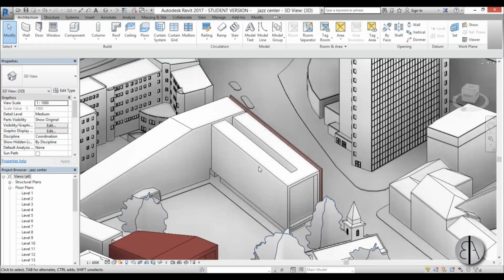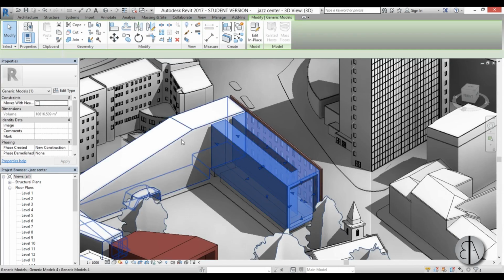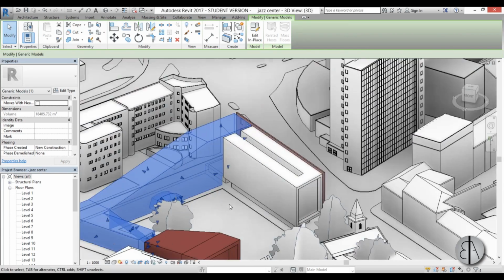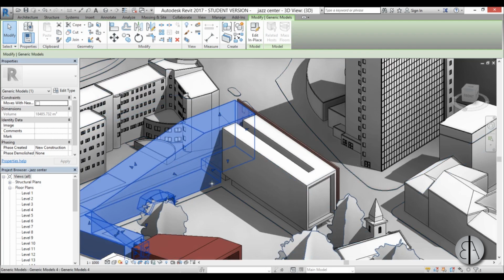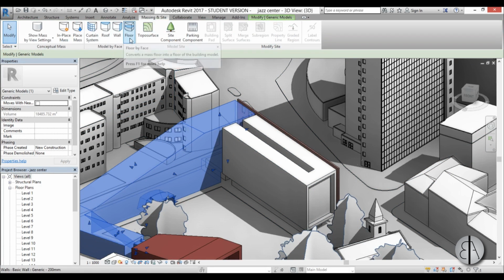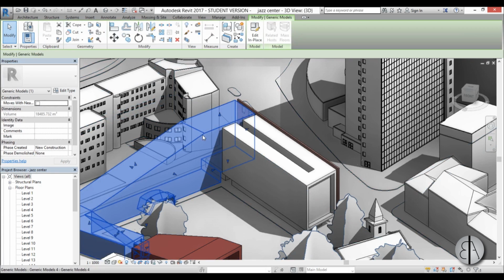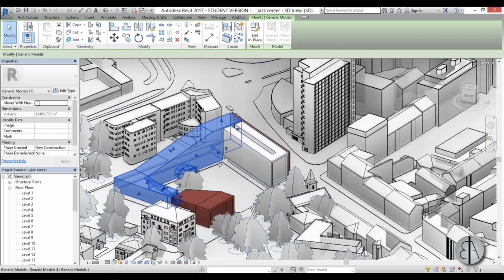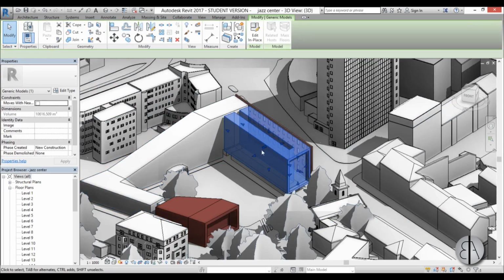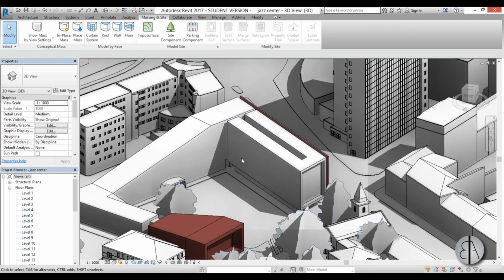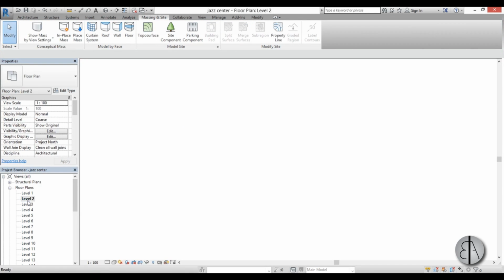Now, of course, I would like to have these masses, but I would also like to have some floors shown inside. And to do that, you kind of need to create some floors, and you can't do it through mass floors or floors by face, because we can't really divide these surfaces. These are in place families, these are generic families, they're not massing this as well, so we can't really use mass floors. So what I'm going to do is I'm going to go just to level 2 over here,